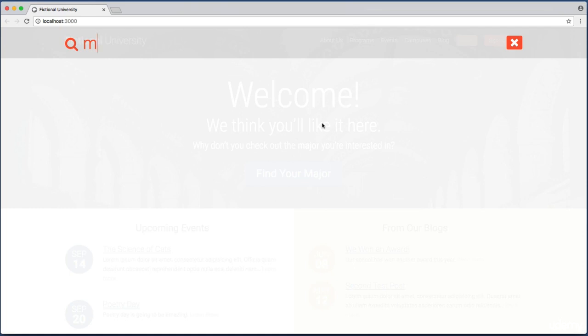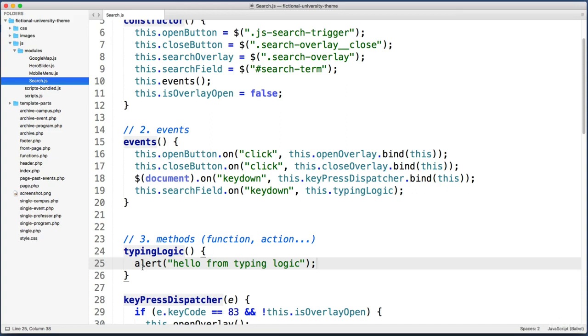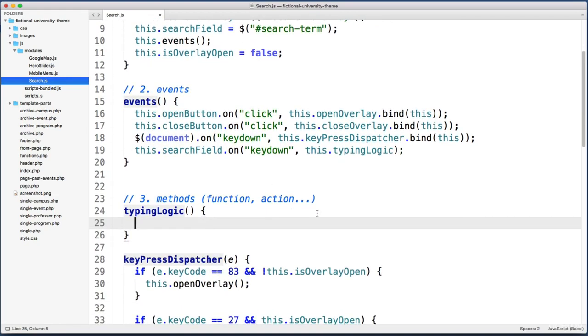Now let's learn how to manage and work with time in JavaScript, right? Because we don't actually want to do something the millisecond a key is pressed down on that text field. So within our typing logic method, let's delete this alert test line. And instead, I want to show you how we can wait a little while in JavaScript before doing something. So just as an extreme example, let's imagine we wanted to wait a full 2 seconds after the event happens and this method runs. So within the method, we can use something in JavaScript called